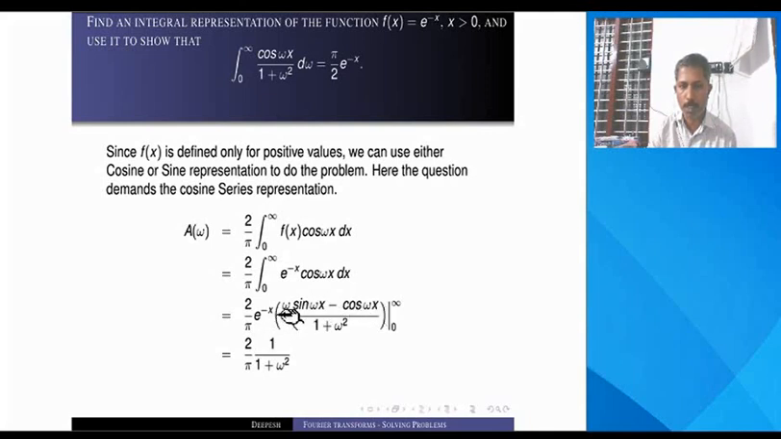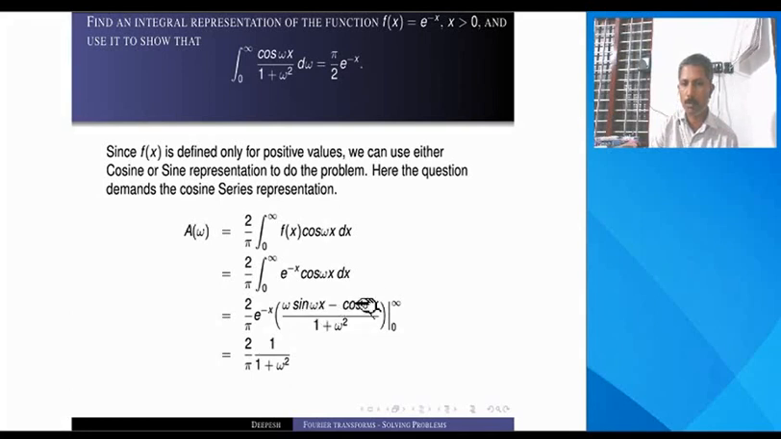So e raised to ax is e^(-x), and then b sin bx minus plus a sin a cos bx. So a is -1, that's why this minus sign is here, and you need to evaluate from 0 to infinity. So when you put infinity here, it is e raised to minus infinity, which will be 0, the first limit. And when you put 0 here, e raised to 0 is 1 and sin 0 will be 0,